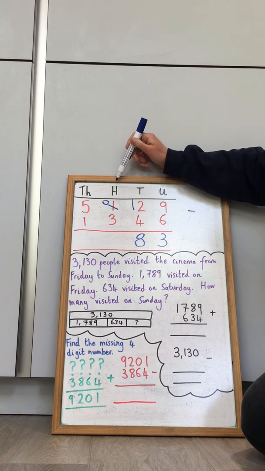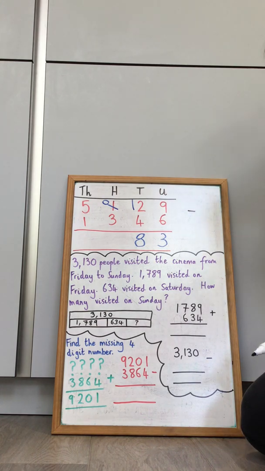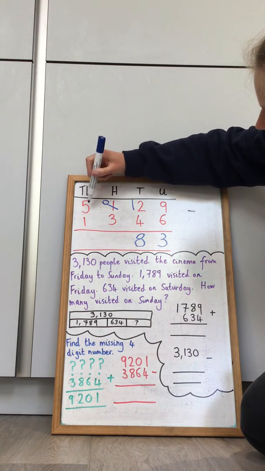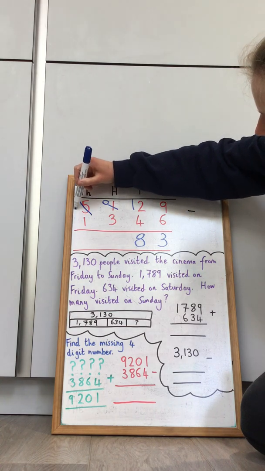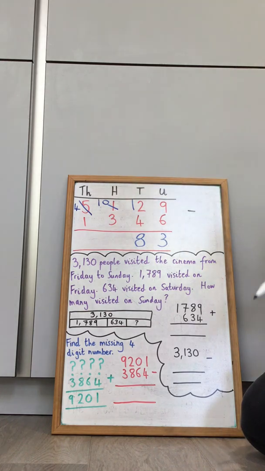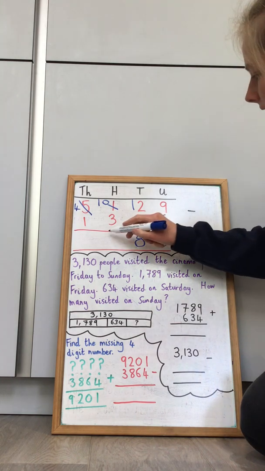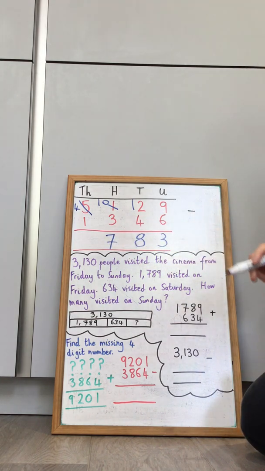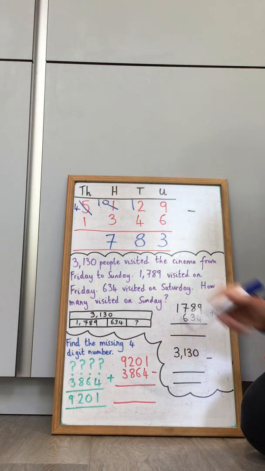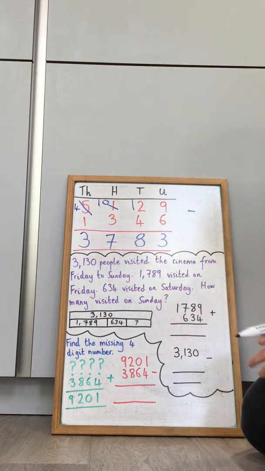Now I move along to my hundreds column. My new number of hundreds is 0 here, so I've got 0 take away 3. Again, I can't do 0 take away 3, so I need to borrow from my thousands column. So I'm going to hop into my thousands and take one of those away. So that's going to become 4, and that 1,000 I'm popping into my hundreds column so that our new number is 10. 10 take away 3 gives me 7. And then moving finally to our thousands, 4 take away 1 I can do, I know that's 3. So our overall answer should be